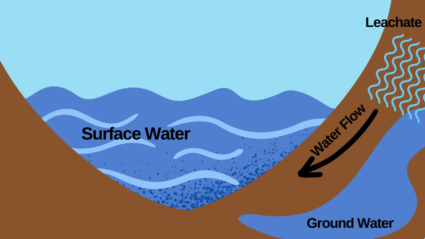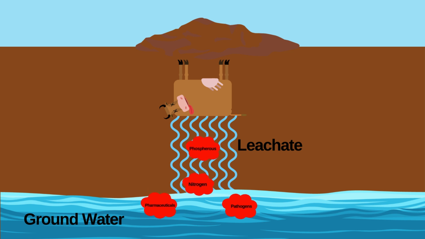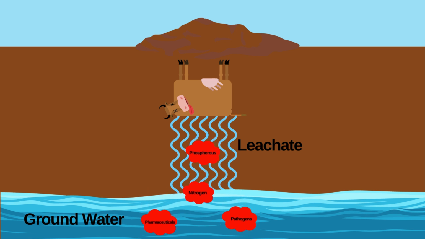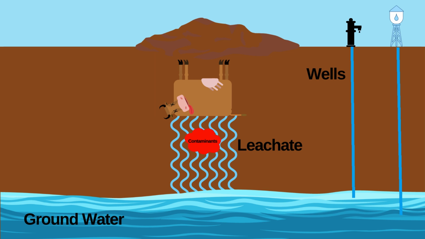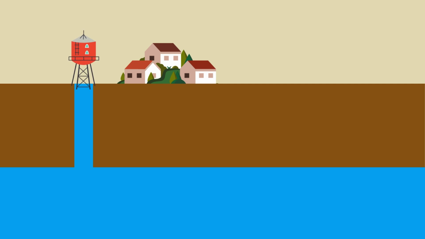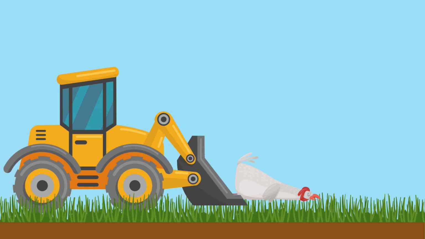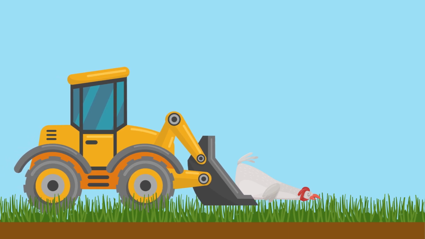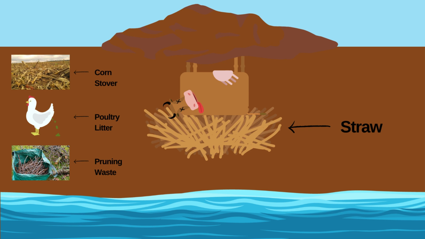This type of mortality leachate is an environmental concern because leachate can contain pathogens, pharmaceuticals, and high concentrations of nutrients such as nitrogen and phosphorus, which can deteriorate water quality and ecosystems. Water quality contamination is of particular concern for livestock and rural populations, which draw their drinking water from well water sources. That is why, when a farmer is disposing of their mortalities using burial pits, they have certain best practices